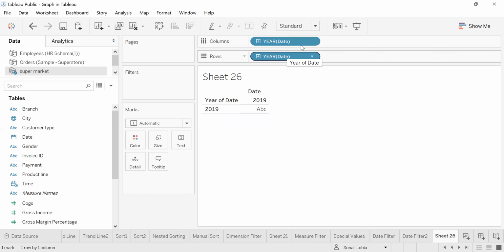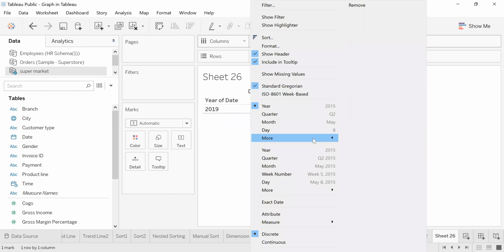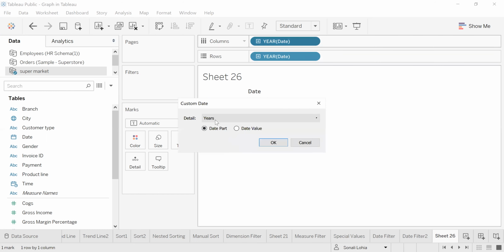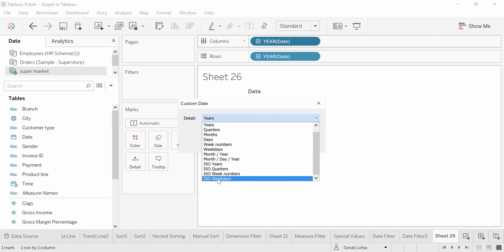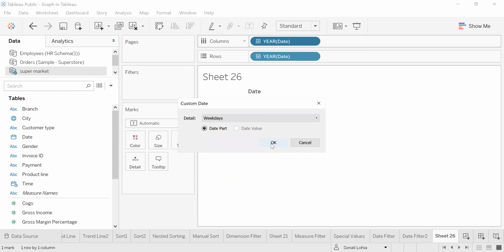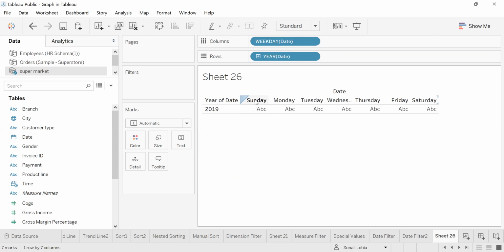So go to the column shelf and convert this. Maybe I can take weekdays from here.